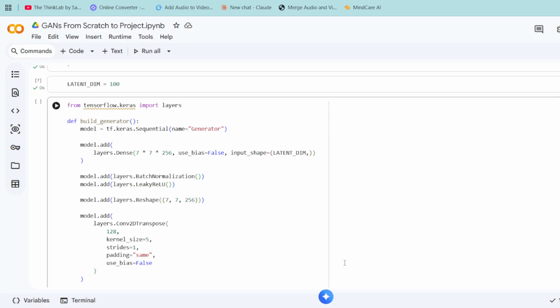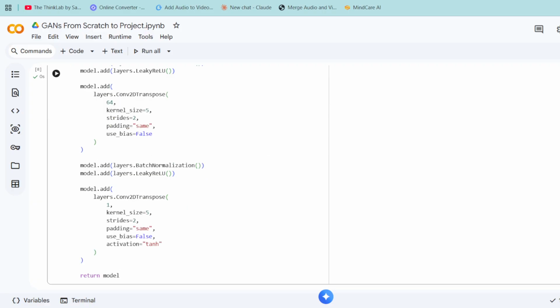Okay, so you can see here in the tanh we have used this tanh in the final layer, right? We use the activation function in the final layer, right? So let me run this code. Okay, after that